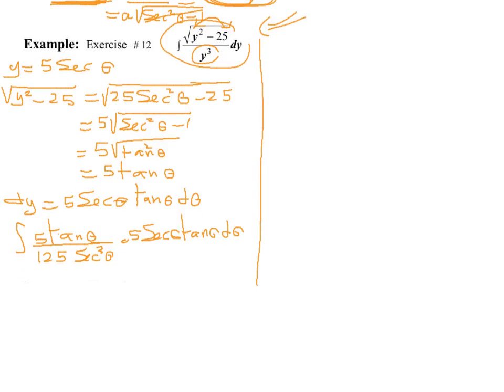Now, this is equal to 25 divided by 125. That will take care of these. One secant is cancelled here, so we have the integration of tan squared theta